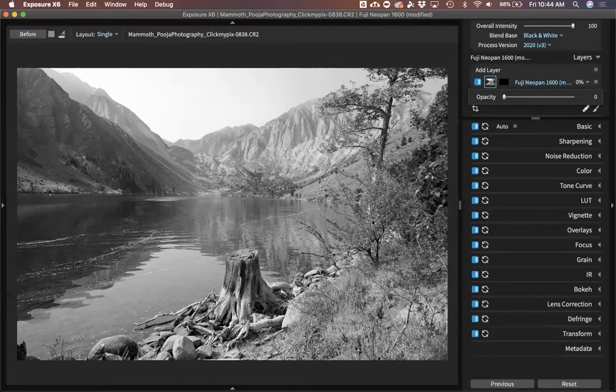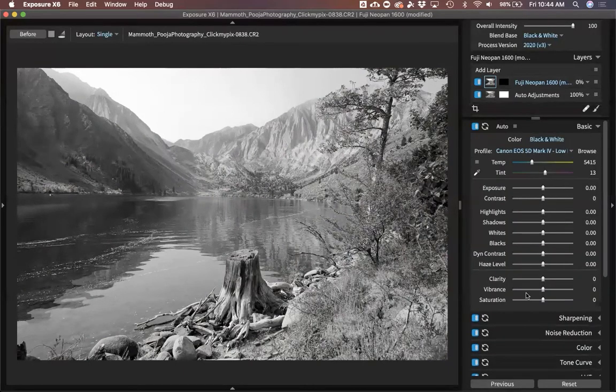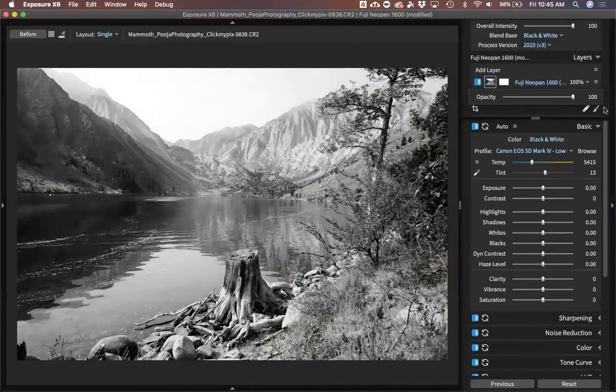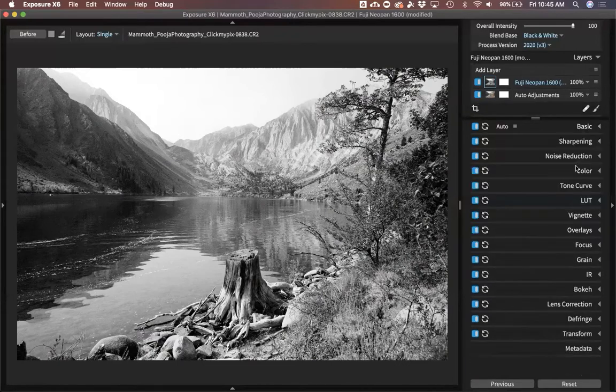So that would be like if you went to the basic panel and you turned the saturation slider, you just dragged it all the way down. It just desaturates the image, okay? But we have our Fuji Neopan preset, and that adds some different controls to the black and white processing, okay? I just want to make sure everyone's clear on that. All right, so now we're going to leave it as our black and white blend base because I like the way this is looking right now and I want a black and white image in the end. Okay, so let's,